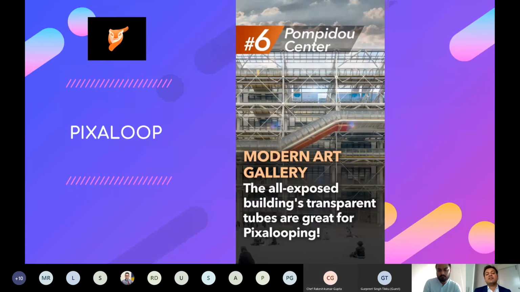So basically, in the previous images, you saw the skies, you saw the cloud movement. All that is not happening. That's the effect of this app. So you can select areas within the pictures and give them the movement that you would like to give. And there are a lot of examples and things that you can do.